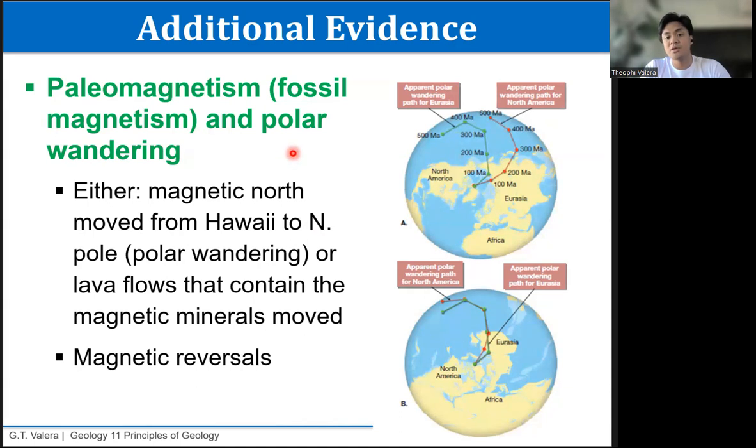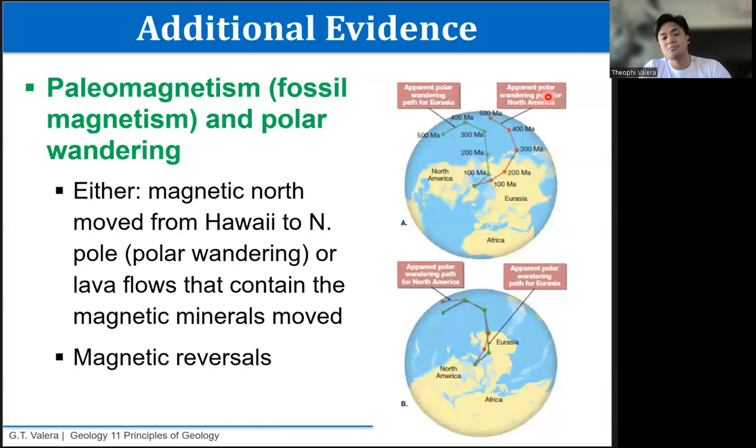We call that polar wandering, and as a function of this observation, there are multiple magnetic norths at any given time. We now know that that's not the case. Yes, the polar magnetic north or magnetic south actually moves a little, but a few kilometers, not thousands of kilometers as suggested by these diagrams here.